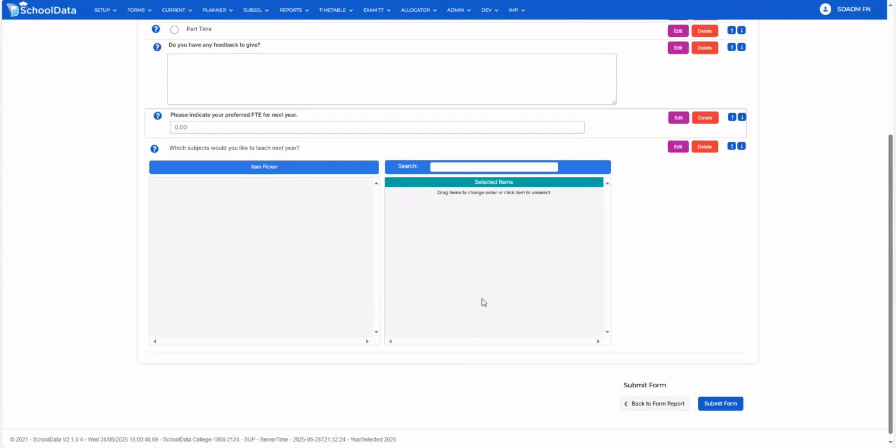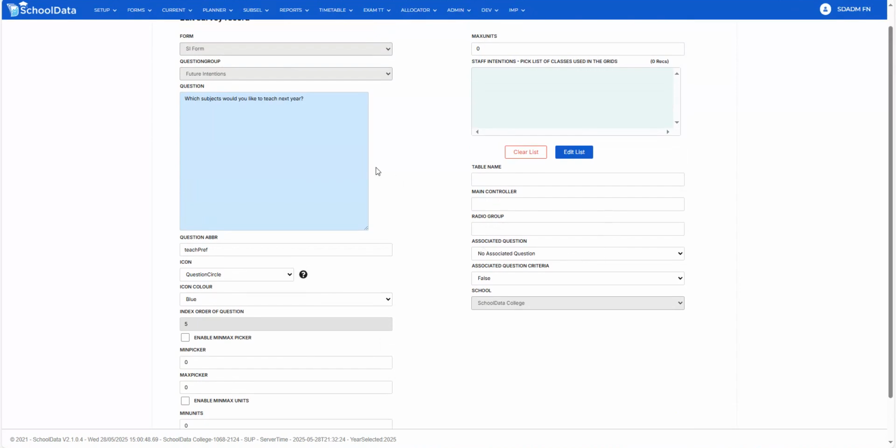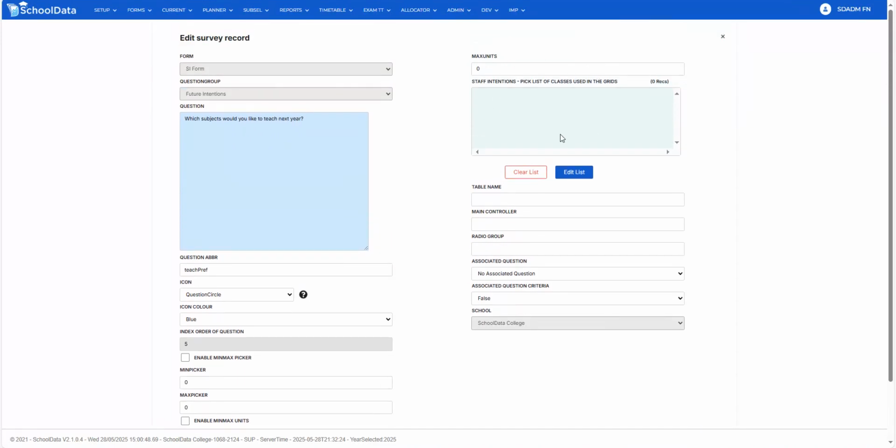And the reason that we have to press save is because if I press edit, you'll see in here, the questions it's asking you are different now. And so it kind of needed a moment to recalibrate. Now in here, you will see this box here. This is where we're going to populate it with our allowable answers, our subjects, if you like. So I press edit list,